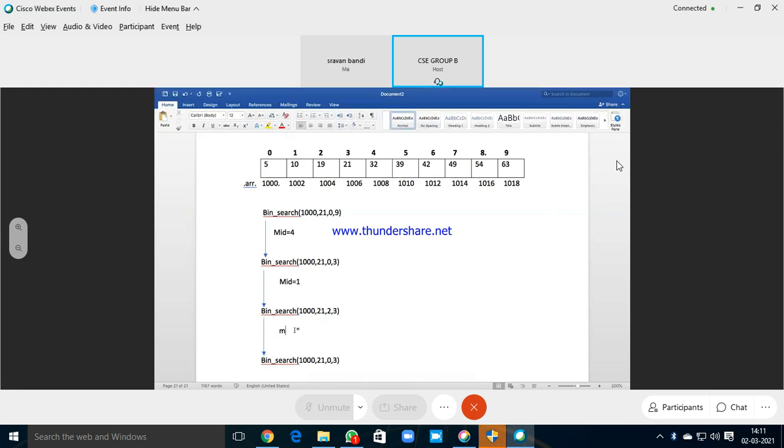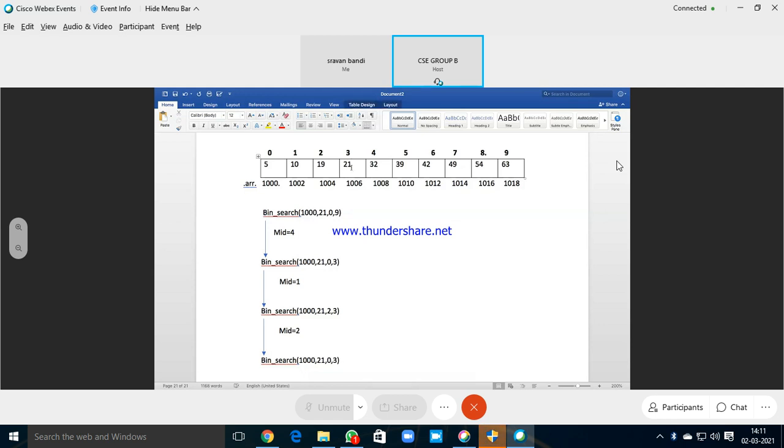Now what is the mid value here? 2 plus 3 by 2 is 2. So again 19 will be compared with 21.